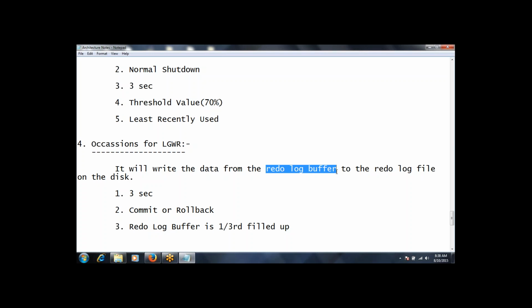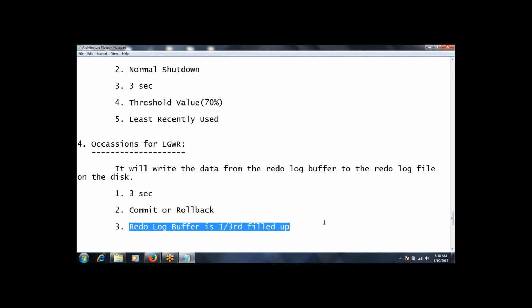Is it clear? Yes. So it also gets invoked for every 3 seconds, or whenever a commit or rollback statement is issued by the user, or when the redo log buffer is 1/3 filled up.